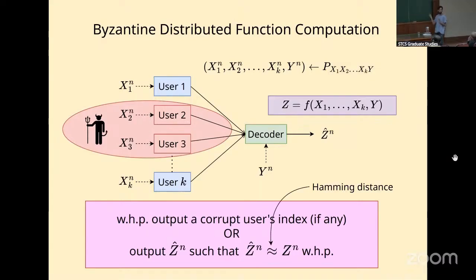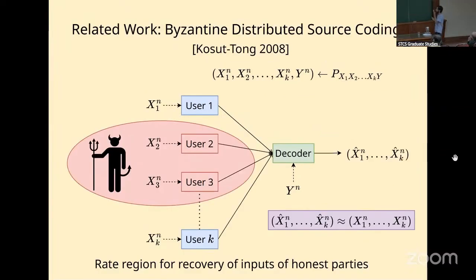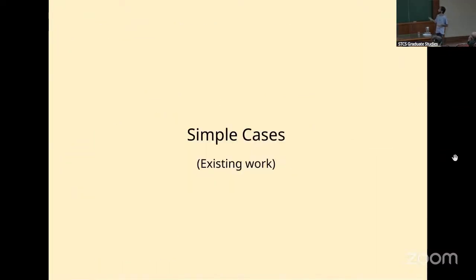And in this particular case, we are looking at Hamming distance, Hamming closeness of the strings that the output and the actual function has. If there is some more related work, I'm skipping that slide. So let us look at some simple cases to understand what sort of protocols can work,